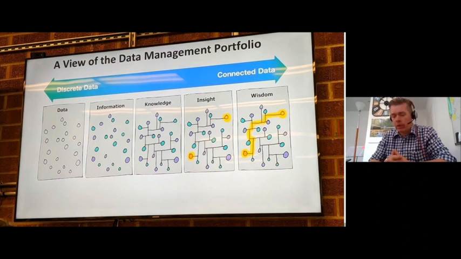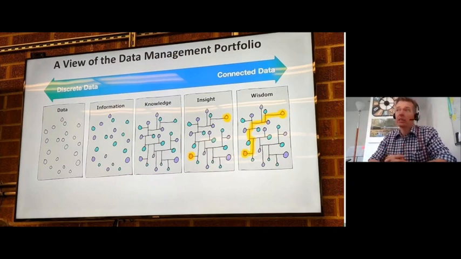So, in the Google example I gave before, the PageRank algorithm that explains how connected a page is completely changed the industry of searching the internet and search engines. So that relatedness and that connectedness is hugely important.